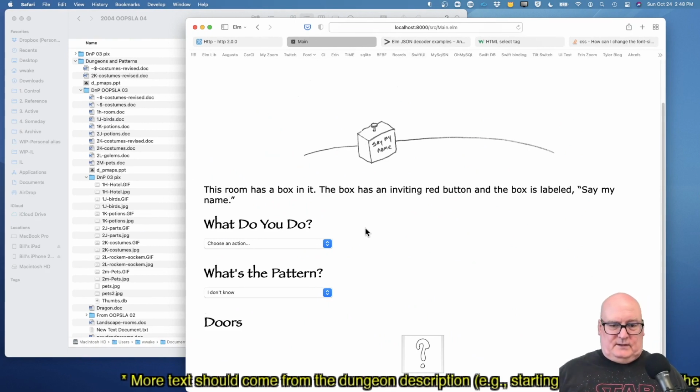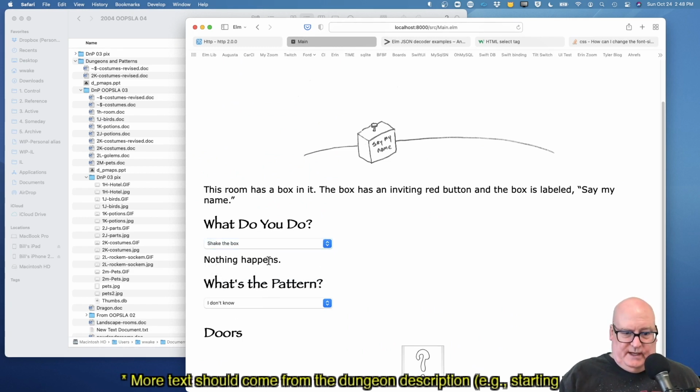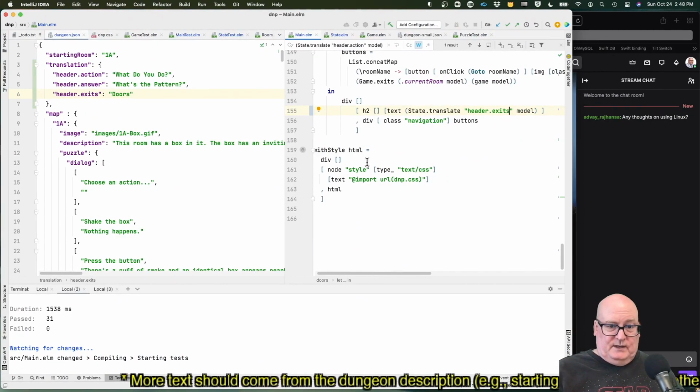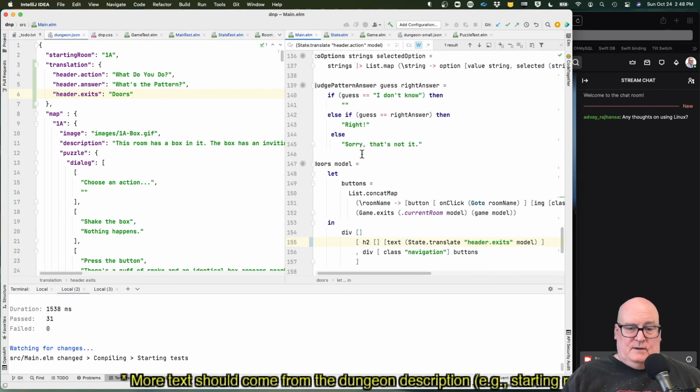All right, that all looks good. Now when you choose an action, that text comes from the thing. That's fine. The words I don't know and observer prototype proxy, they all come from there something. Okay, and this comes from somewhere. Sorry, that's not it. Right. Okay.